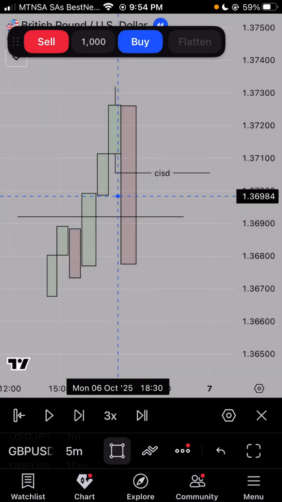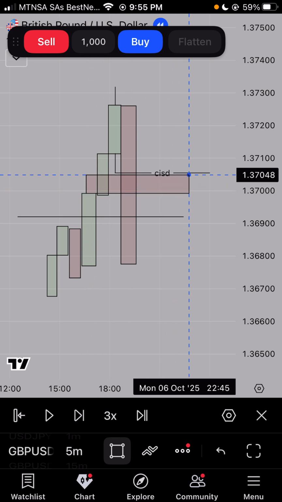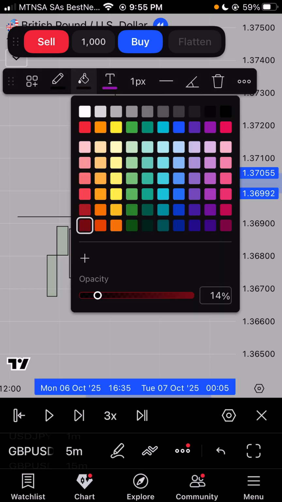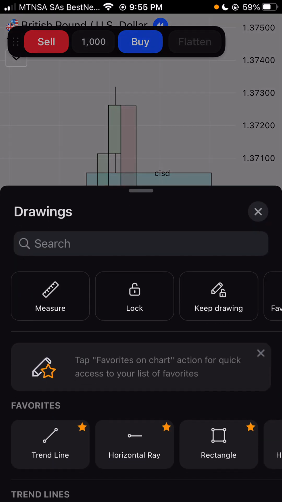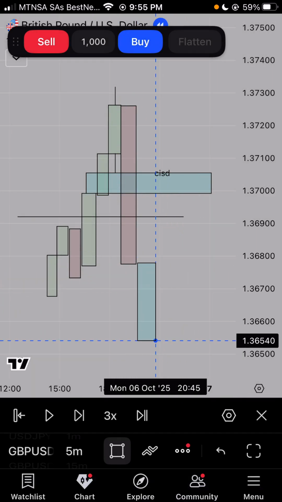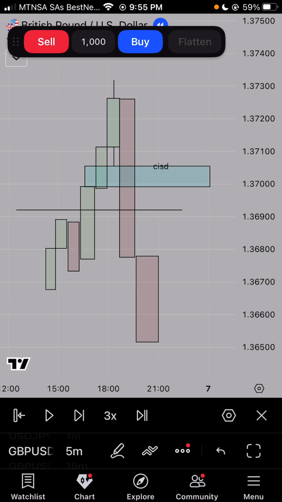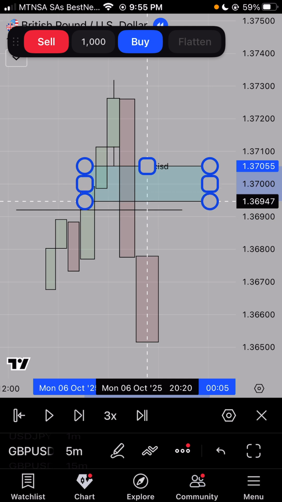You're gonna have an inversion fair value gap, example towards your left. Let me mark it out like this. You're gonna get an inversion fair value gap. You might even get a fair value gap. Let's just say you got a fair value gap right here. So as you can see, you have a fair value gap right here, but depending on the size of this fair value gap,